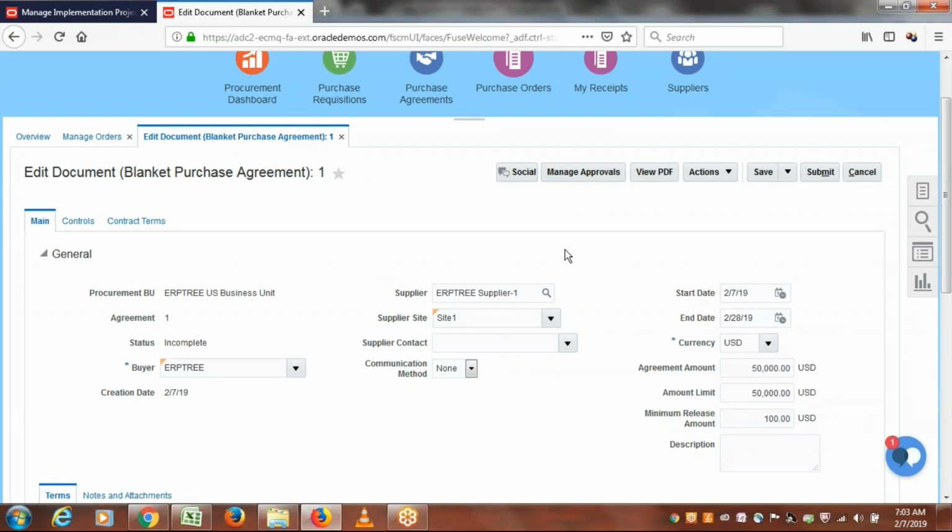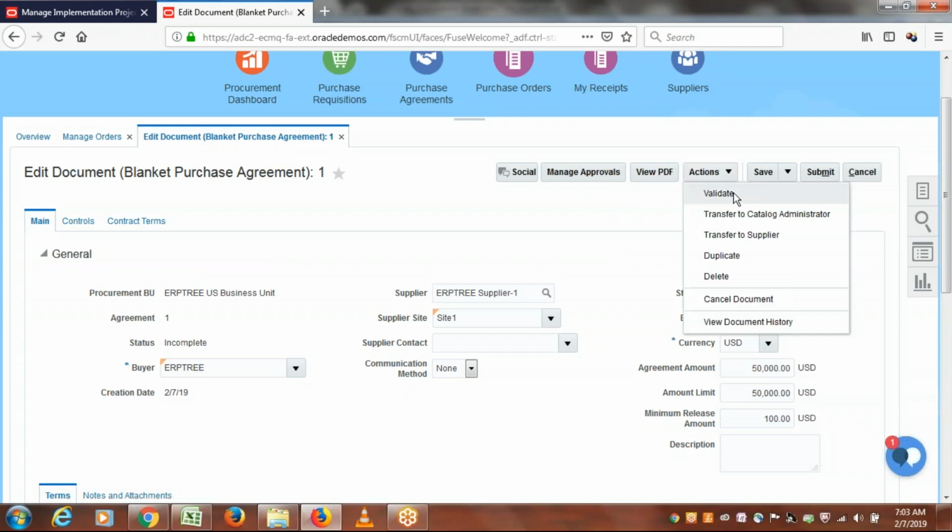Done. Now just click on manage approval. Directly you can click on and you can submit also. If you at all want to perform this submit validation etc, you can do it, but not mandatory. Just if you click on validate, system will verify the complete document information you provided properly or not before you submit for